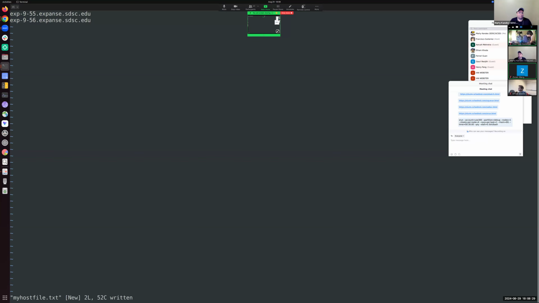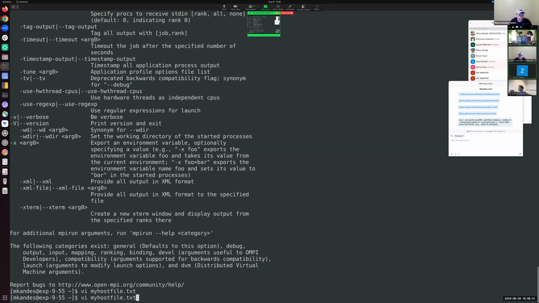If I just manually provide the host names, I think this is going to work. Hopefully. Okay, so two processes. Need to give it a host file. So my hostfile.txt, and I just want to return the hostname. And so in theory,